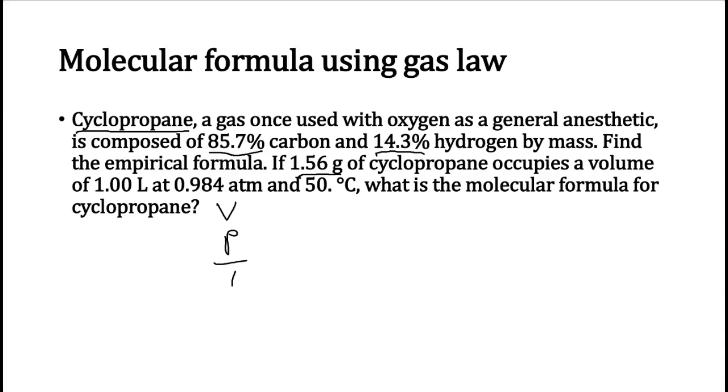So n is equal to PV over RT. If we solve for the moles, we can combine that with our knowledge of the mass and figure out the molecular weight. Then after we found the molecular weight, if we can find the empirical formula, then we will be able to determine what the molecular formula is. If we know the empirical weight and the molecular weight, we can figure out how many times that empirical formula goes into that base unit. So let's go ahead